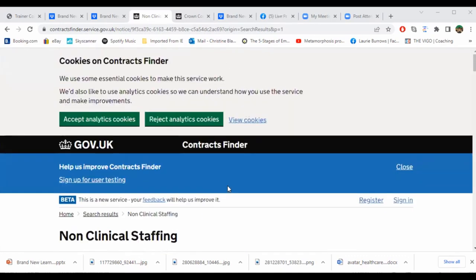You know, you always got to be sourcing and looking for contracts on a weekly basis, even a daily basis, because things can come back up. Okay, so this is how you would look for